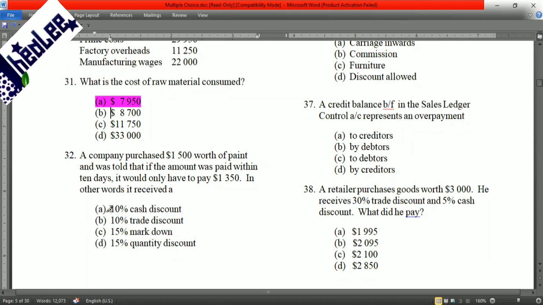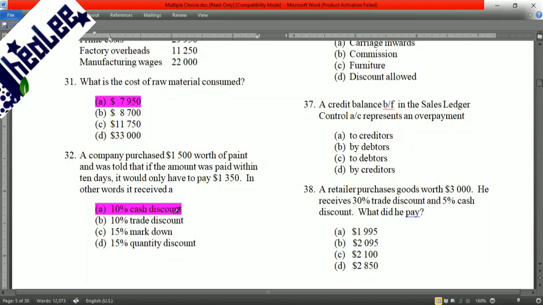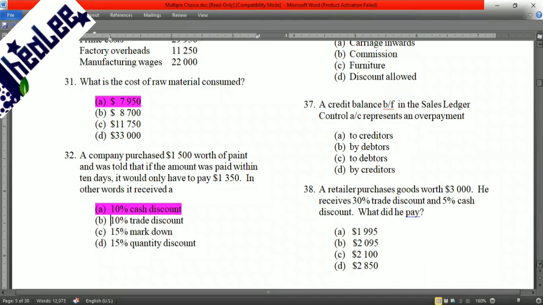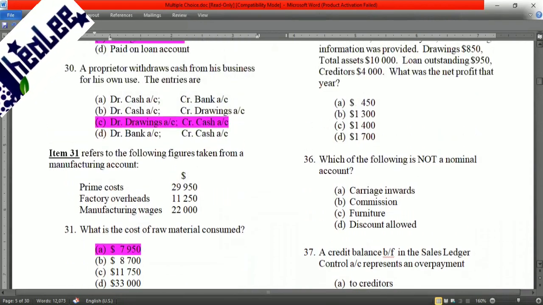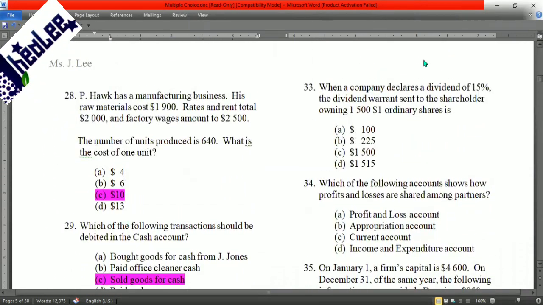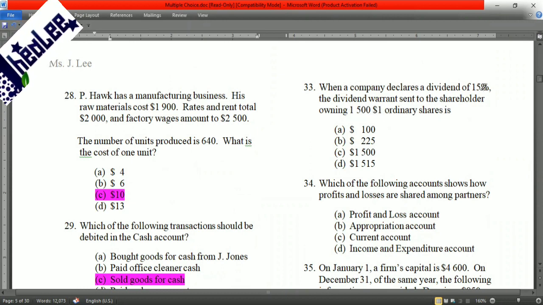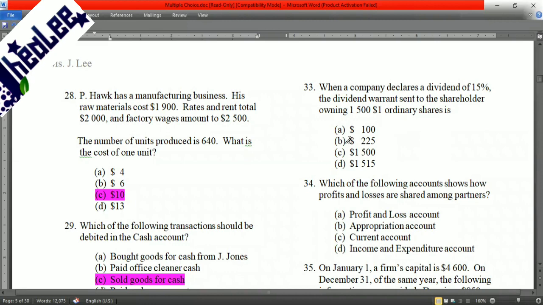But what if you get a question and there are more than one response with cash discount? Then of course you'd have to know how to ascertain the discount rate. Okay, now we're going to move into another question, which is question 33. And it reads, when a company declares a dividend of 15%, the dividend warrant sent to the shareholder owning $1,500 ordinary share is, so that would be the 15% of the 1,500 share capital,